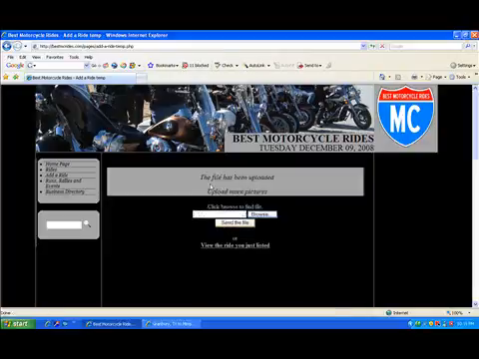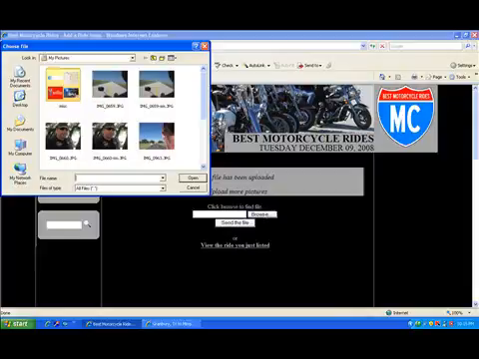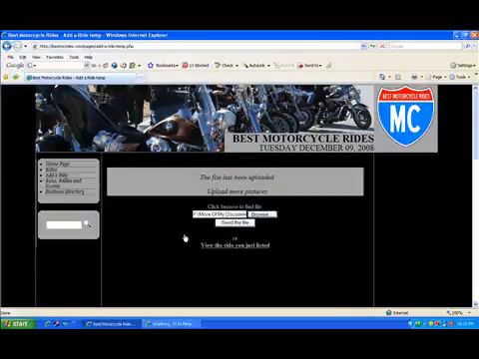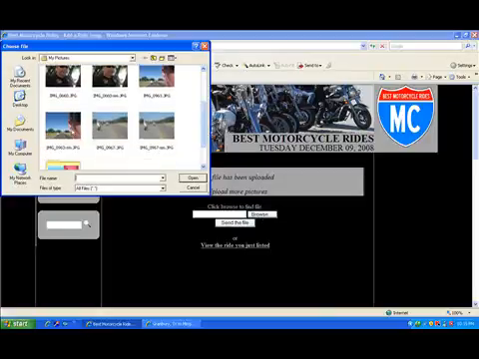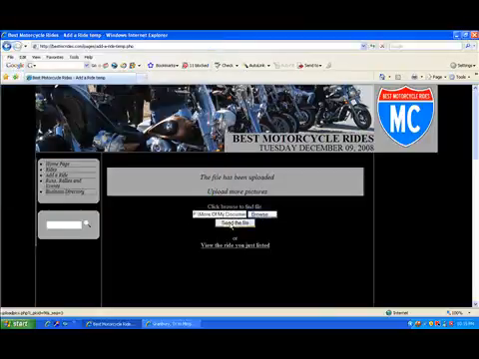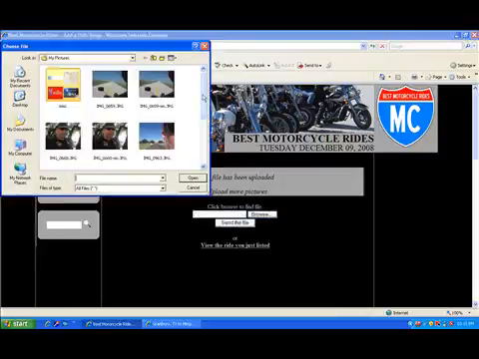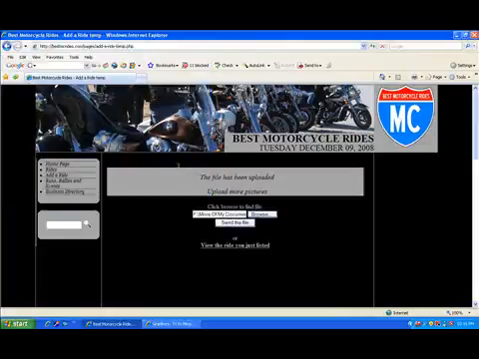You can see that. If you want to upload more pictures, you're going to click on Browse, find the next picture, upload that picture. It'll tell you it's been uploaded. You're going to click on Browse and continue on until you've uploaded all of them. The maximum number you can upload is 4. We may increase that later, but as of right now it is 4. So once you've uploaded all 4 pictures, it'll tell you thanks for sharing your ride with us, and now you can click on View the Ride you